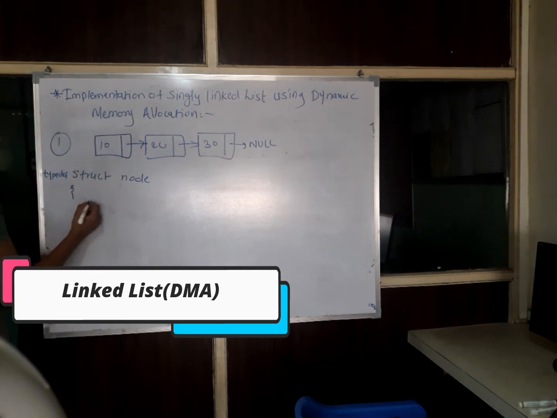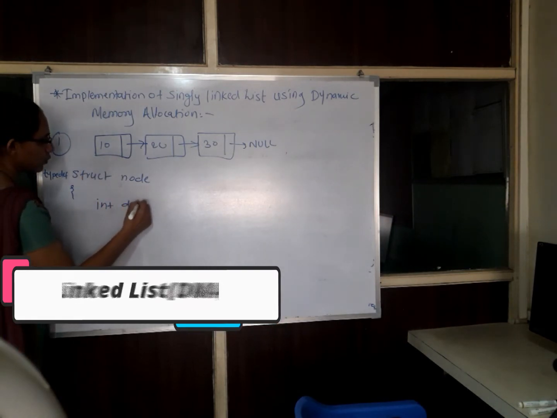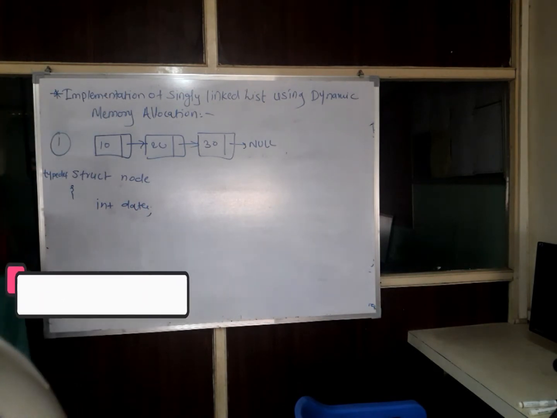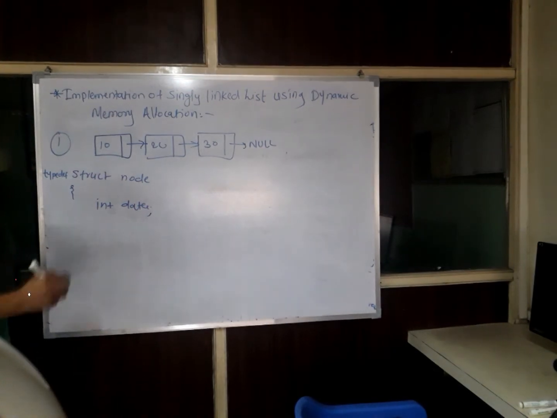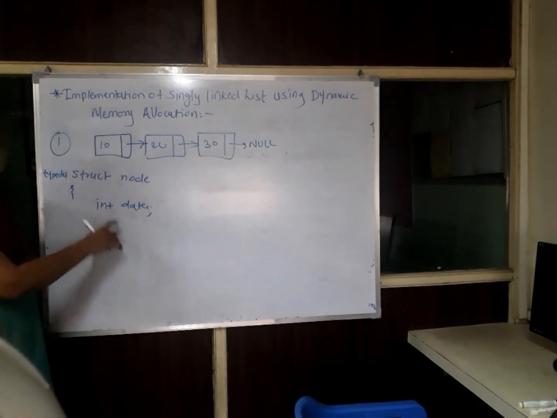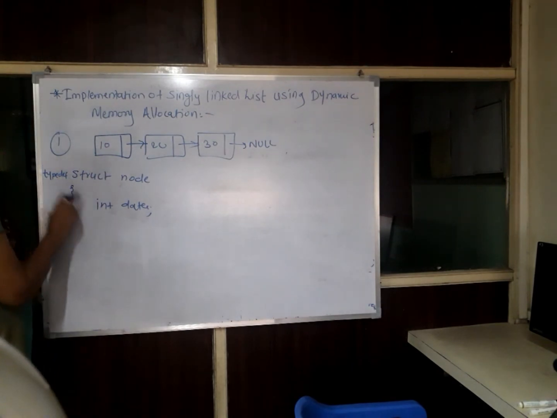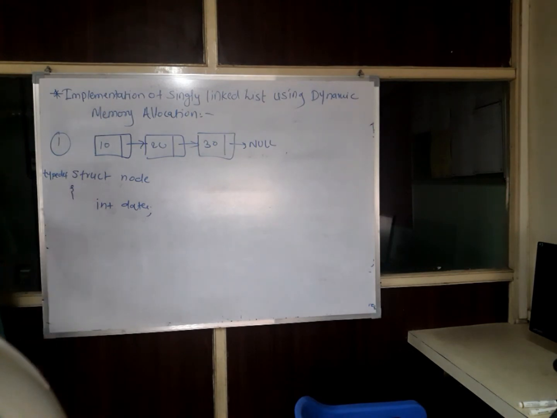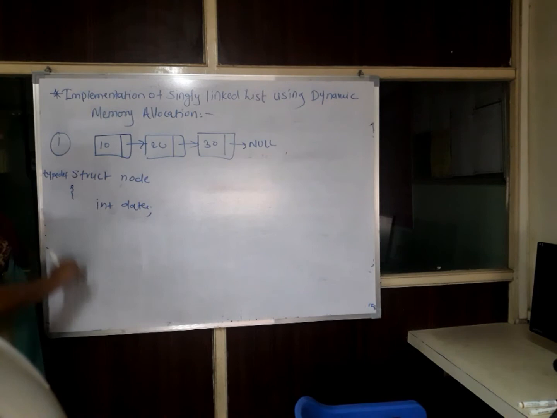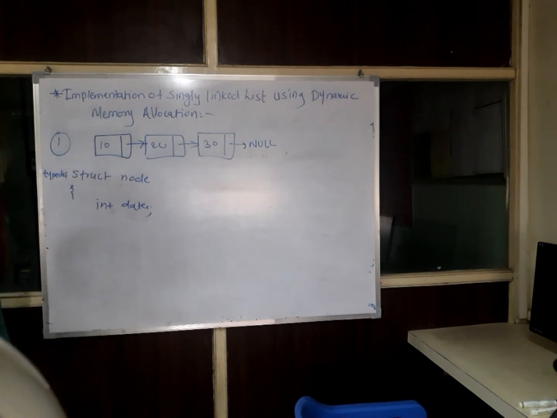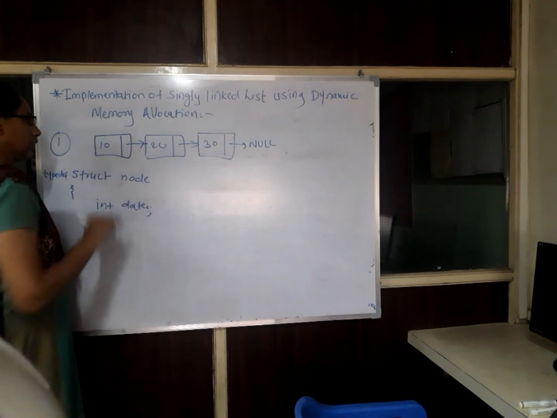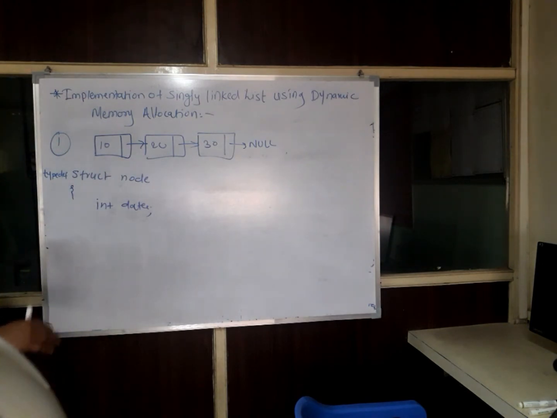In that, node has two parts. First is data that you want to insert. If I want to insert integer type of data, then give it as integer. If you want to insert a character, then you can use character here. Now what I am telling about typedef, which allows the user to create its own data type, is called type definition. By using typedef, it gives a clear idea about the data, and it is also very easy to use for updation in the list.